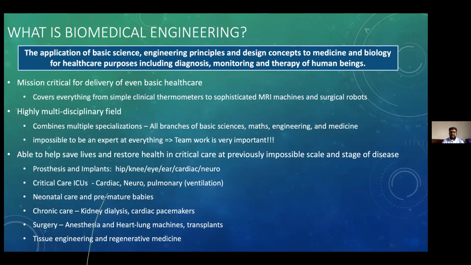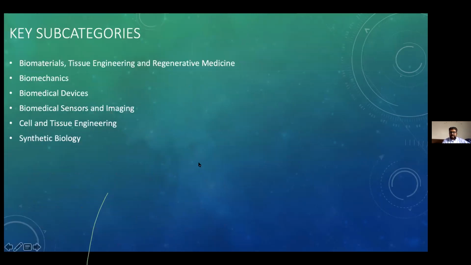And now the latest and some of the best research in biomedical engineering is happening in the field of tissue engineering and regenerative medicine, where we are now trying to build brand new organs from scratch so that we can replace organs or tissue that is faulty or that has been damaged or broken for some reason. So that's in a nutshell what biomedical engineering is.